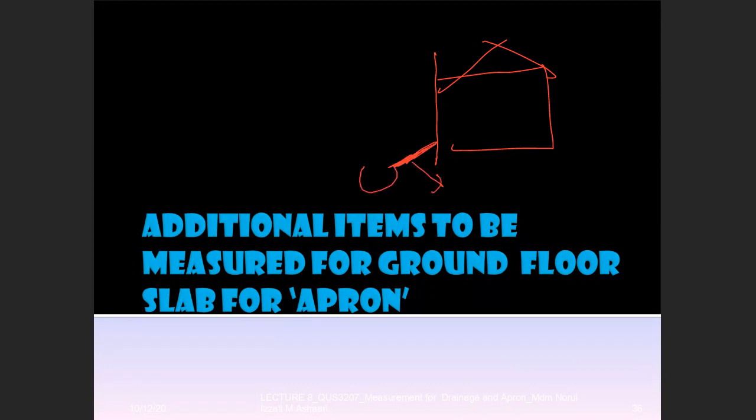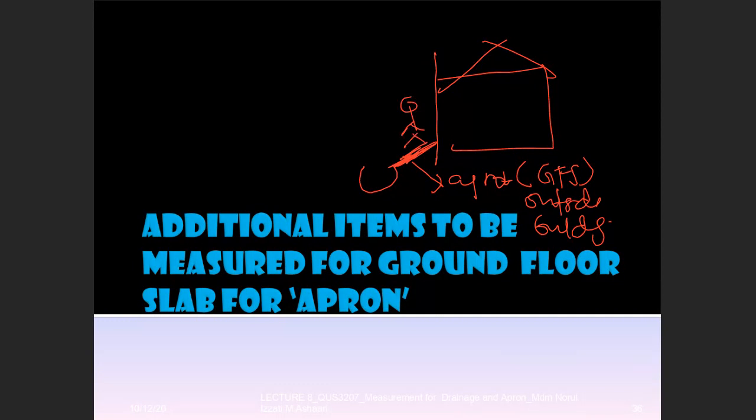Okay, so this is your apron. The apron is the ground floor slab outside the building, normally at the overhang area of your roof. This is the overhang, right? So this part is just a little bit sloping because the water that flows will go directly to the pavement area and will go to the